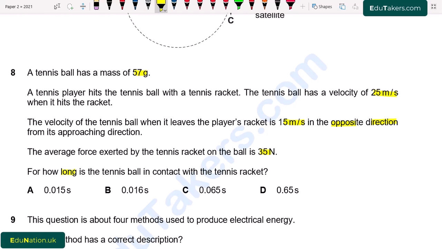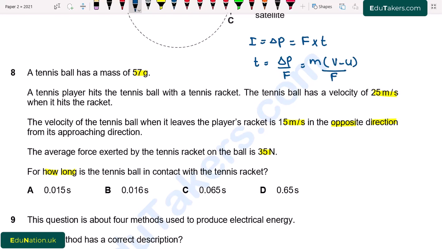So here we have to find out the value of time. For that we can see that mass, initial and final velocity and force is given. So I use here the concept of impulse, that impulse is equal to change of momentum. I write here impulse is equal to delta P, and it is also the product of force and time. From here time will be equal to change of momentum over force. It will be m multiplied by v minus u over F. So I use here this formula to find out the time.